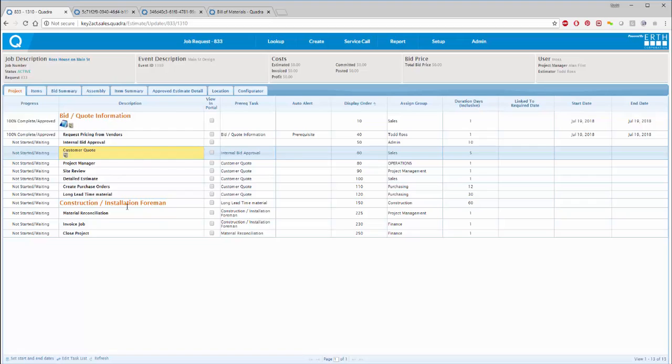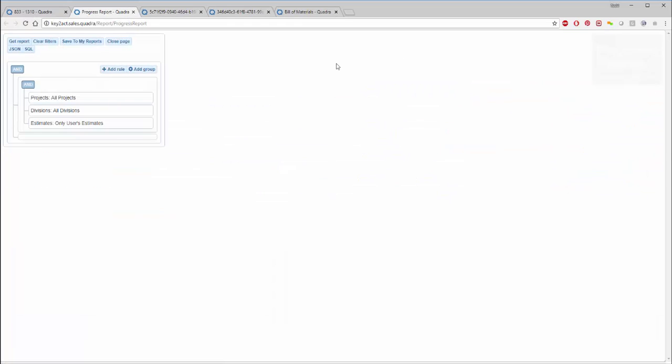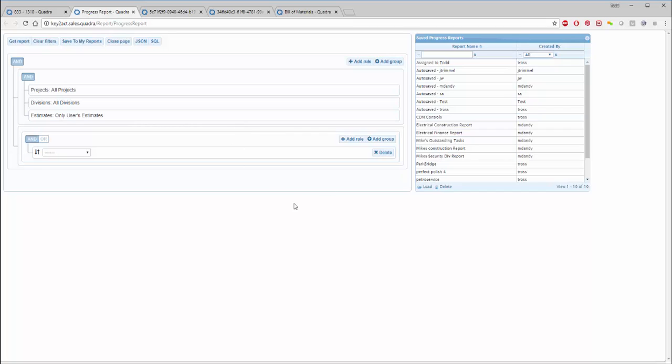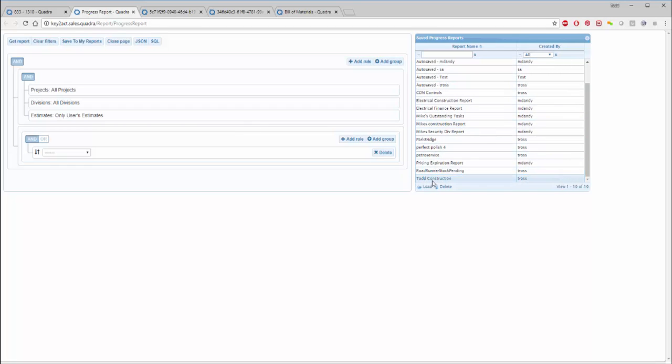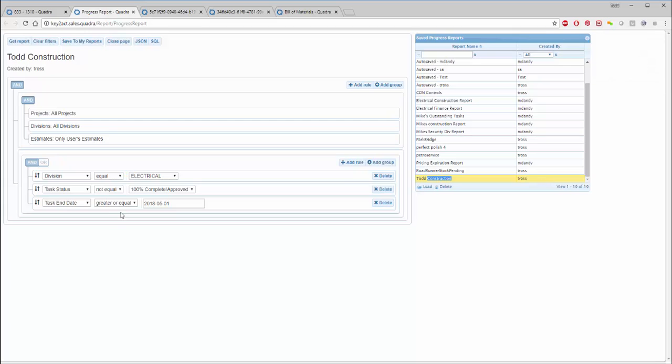And so the idea here, by managing the workflow, is that it all leads to wanting to manage different elements of the different projects. So in this case, I'm building out this template, if you will, and I've got Todd's construction project. I'm going to say I want to see where the division is commercial, and let's change the dates to be greater than July 12th. And so I say get report, and what it does is it goes through all of the